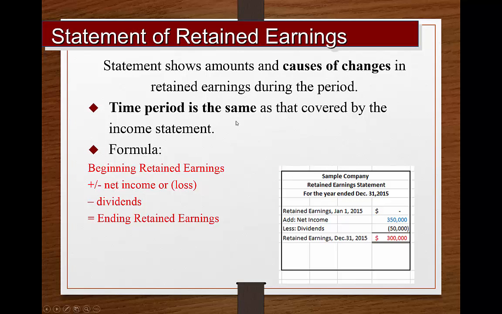The next statement will show the changes in retained earnings during the period. The time period you'll notice is the same as what we covered during the income statement for this company, a year ending 12/31/2015. And the formula will begin with the beginning retained earnings. We'll add or subtract any net income or net loss from the income statement. Subtract the dividends, getting us to an ending retained earnings that we're going to use for the next statement,